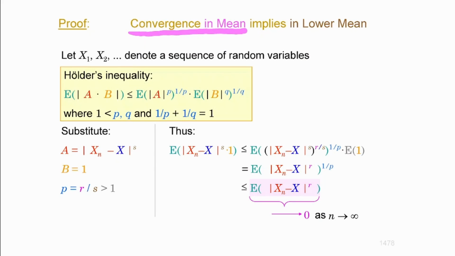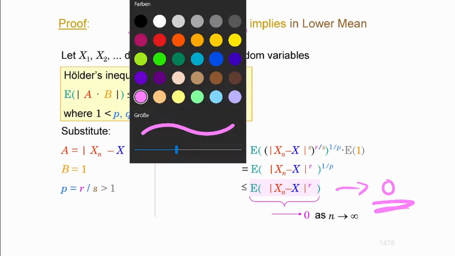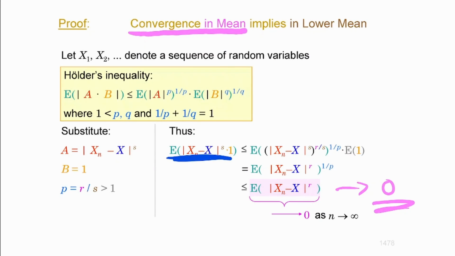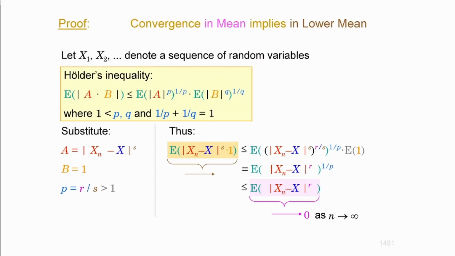Now, this is the upper end point, guys. So this thing will converge to 0. This is going to be the upper end point for the other. You see? That must also converge to 0, then, as the sequence progresses, because it's not going to be greater than that, right? If something is not greater than something whose limit is 0, that must also converge to 0, so this thing will converge to 0 too.